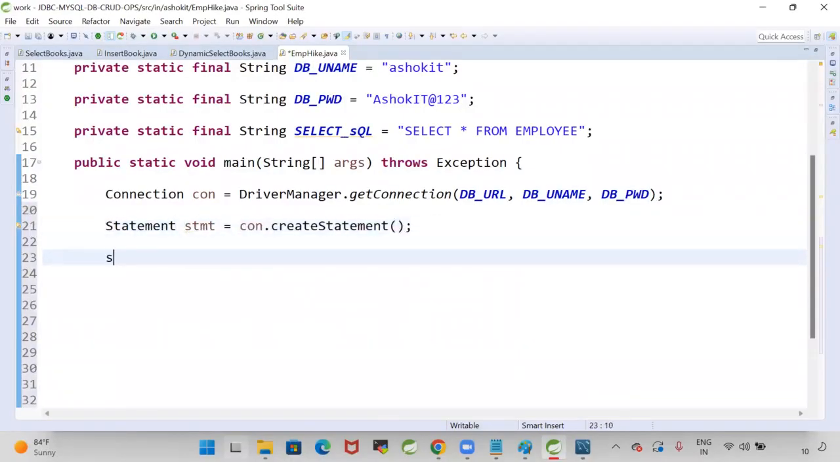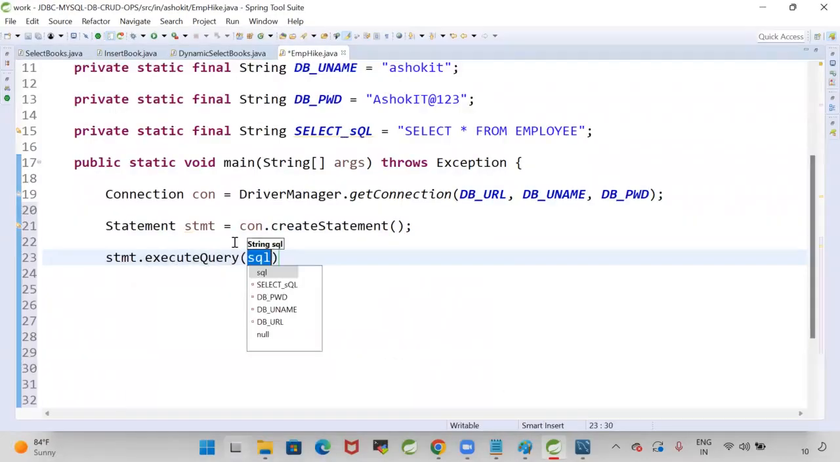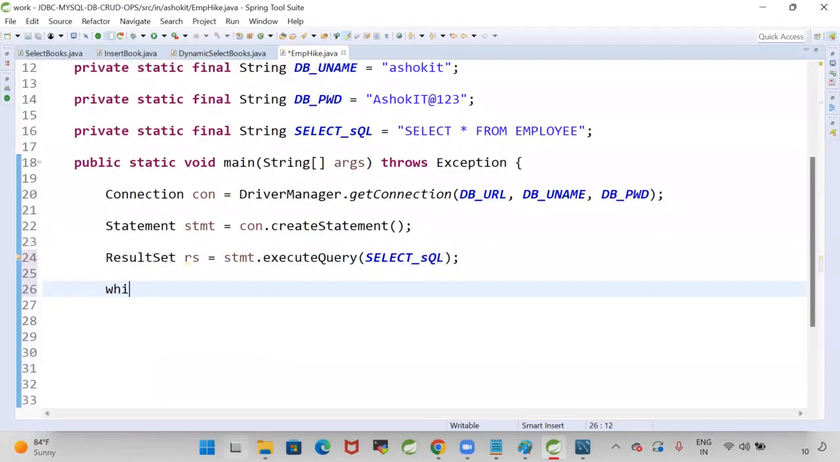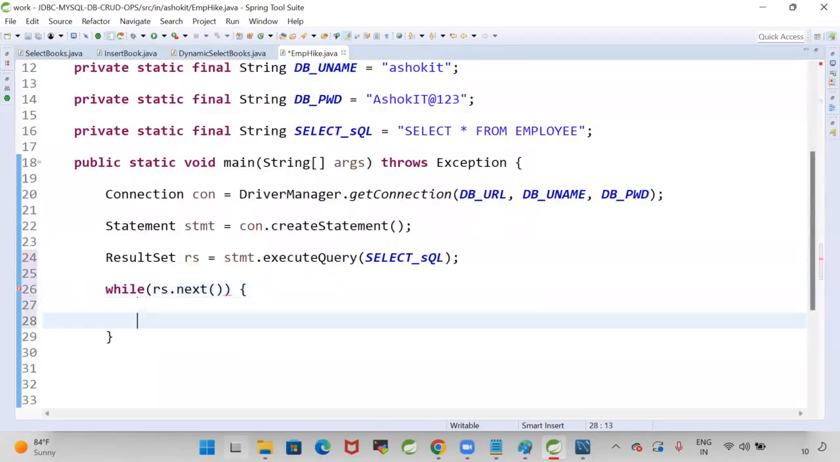With that statement, I will execute my query. Statement dot execute query. We will give select SQL. What is the return type? Result set. Then what I need to do? While rs dot next, I'm getting that. So here I will get rs dot